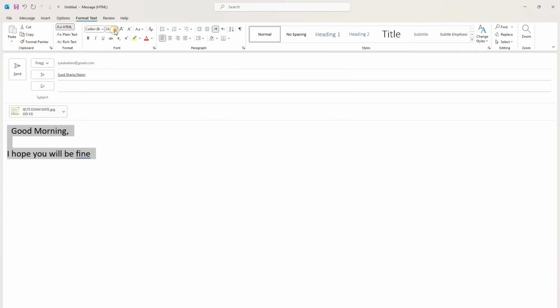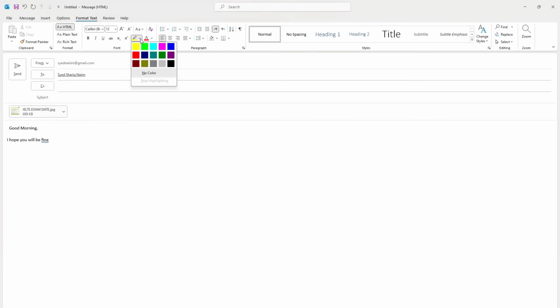The same way you can use these tabs. Alignment, you can choose the alignment, you can give the heading, or you can change the color of text, or highlight it. So from this Format Text you can change the text size, color, or style, or whatever you want.